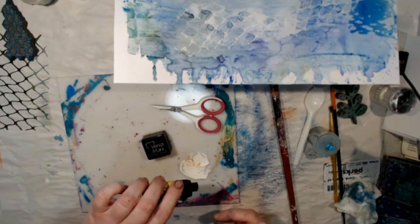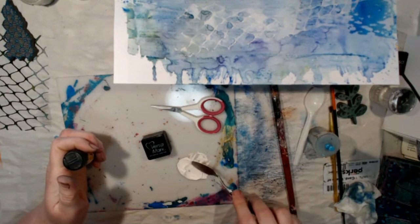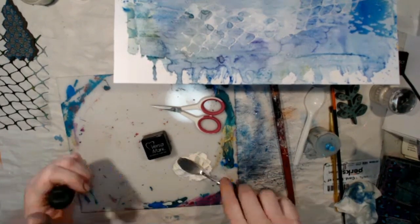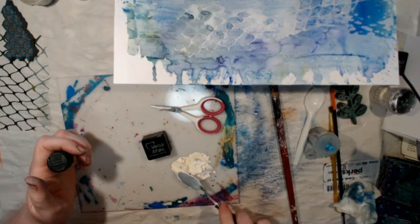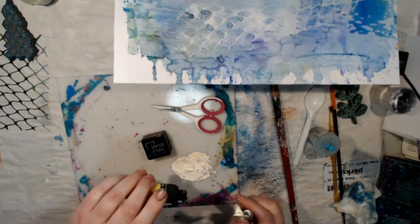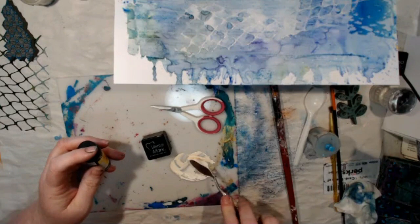So I'm just tapping a little bit out. Because these are water activated powders, you can actually mix them with gesso or embossing powder, texture paste, to make your texture paste coloured. So I'm just sort of smushing it in, letting the texture paste pick up all that colour. Now it is a bit light, so I want to add a bit more. You can always add a bit more, you can't take it away. Whoops, it's probably a bit too much. You can leave it streaky, or you can totally...